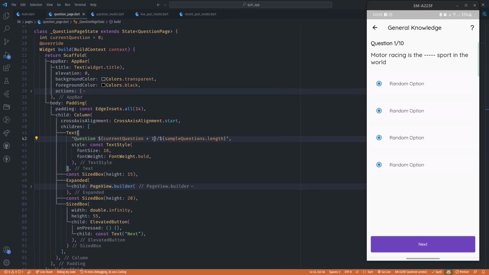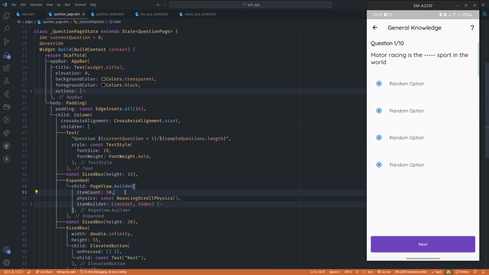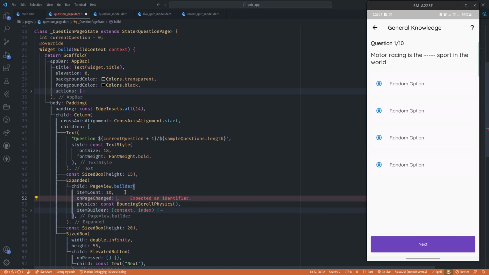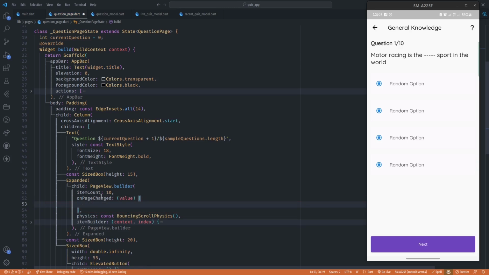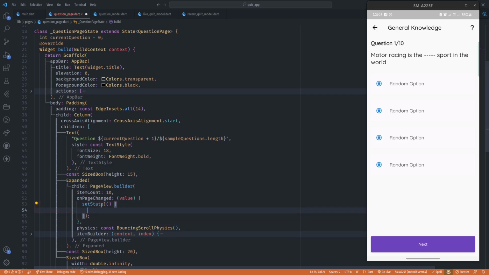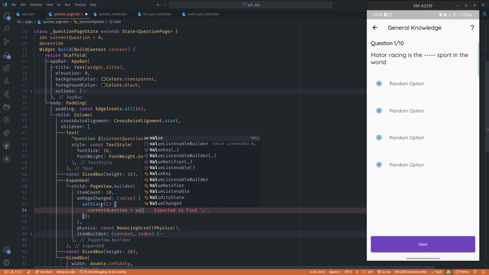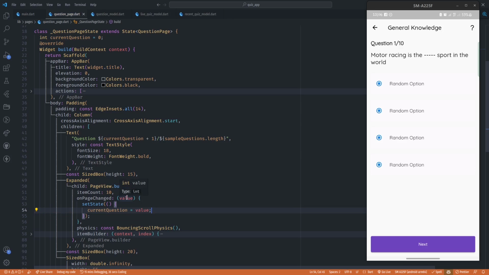Now the next thing is, when we change this page, when we swipe, we want to be able to update the current question. So in our page view builder, we have the on page change that we can use, and that is going to bring us a value which is the current active page index, and then we can set state and pass that value to our current question. So our current question is going to be that value. So when we start, we are on page 0. Now whenever our page changes, this index, which is the value, is going to return as the active page index. So currently we are on page 0. When we swipe,